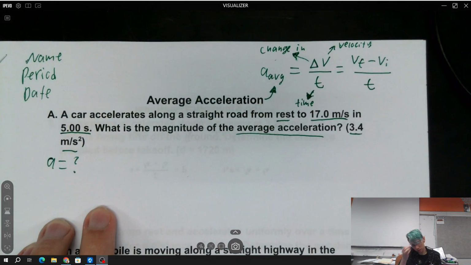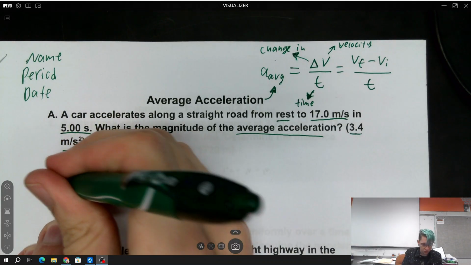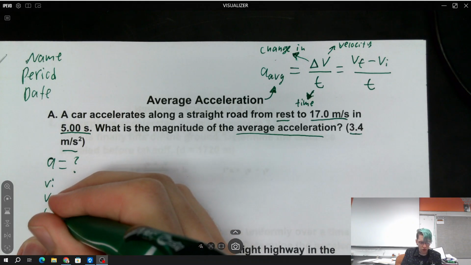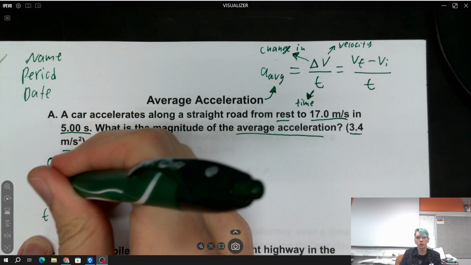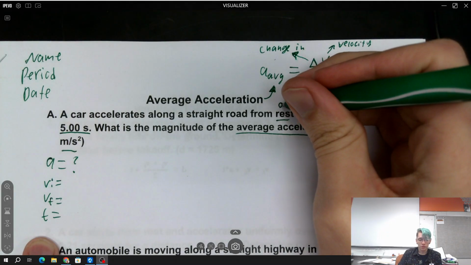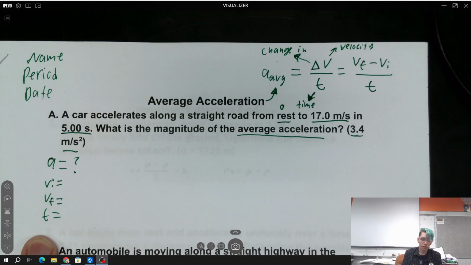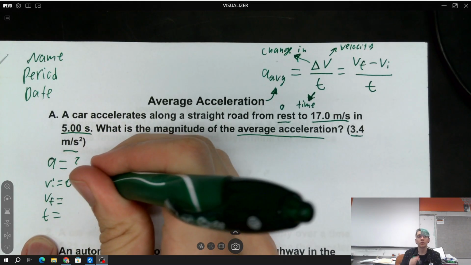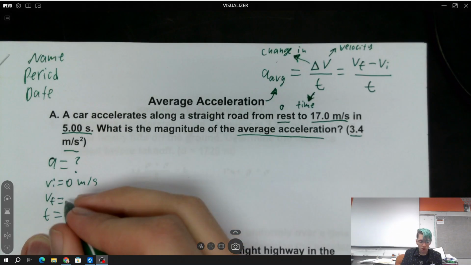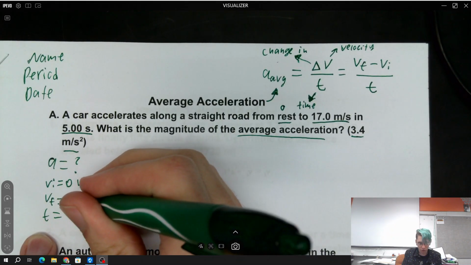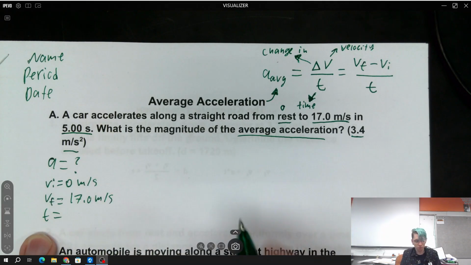So here's what we got to do. Our first thing is we have to figure out both of our velocities, our initial, our final, and then we need to figure out our time. Good news is there's only one of these that we aren't given a number for. What does rest mean? 0. So if you ever see from rest or to rest, we know that we're putting 0 in the place of something. So for our initial velocity, that is 0 meters per second, and we are good with that. Then our final velocity is going to be 17, because we end up at 17.0 meters per second. And our time is going to be 5